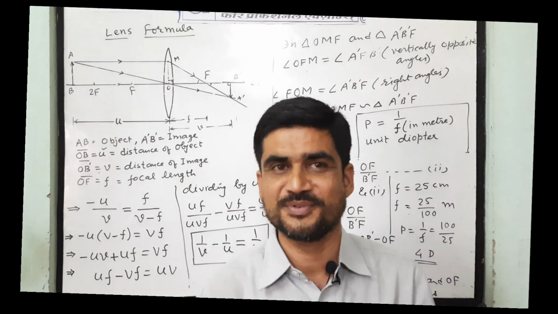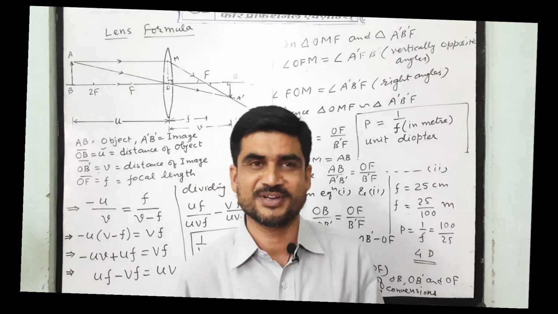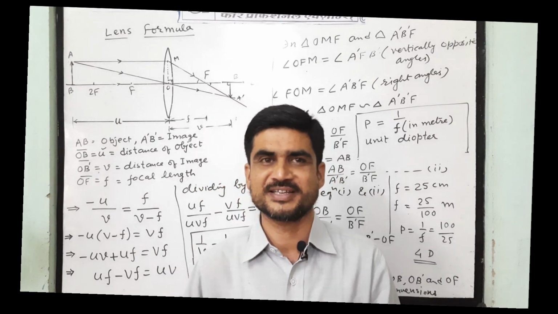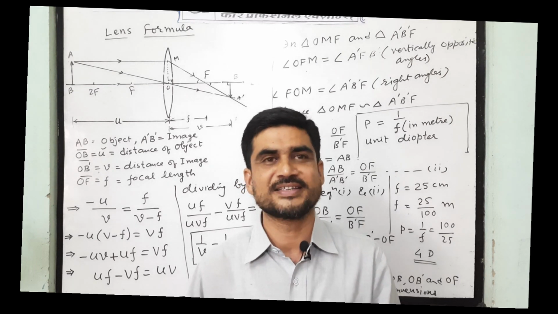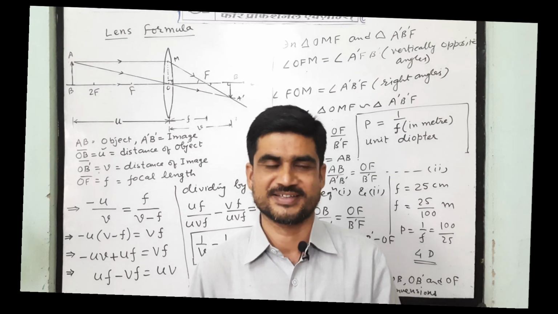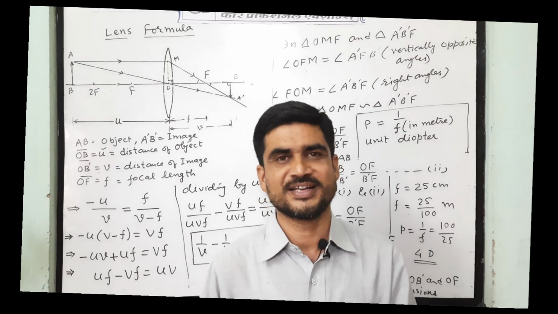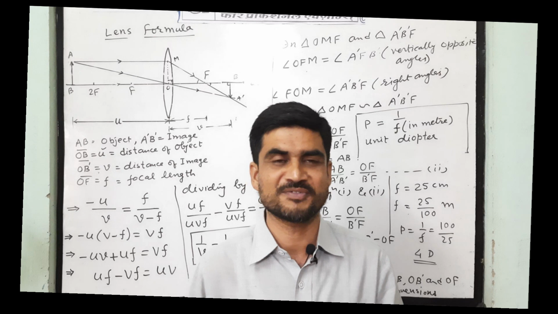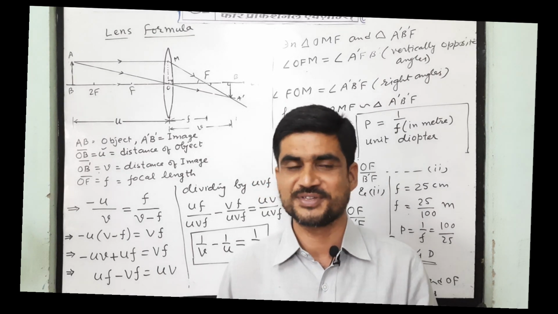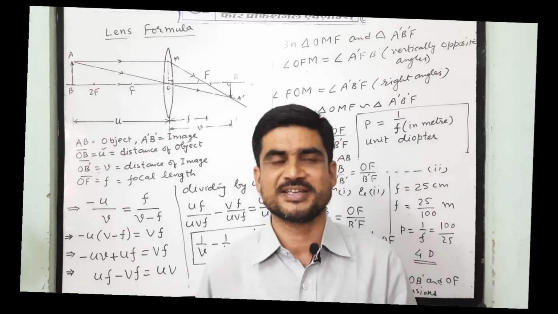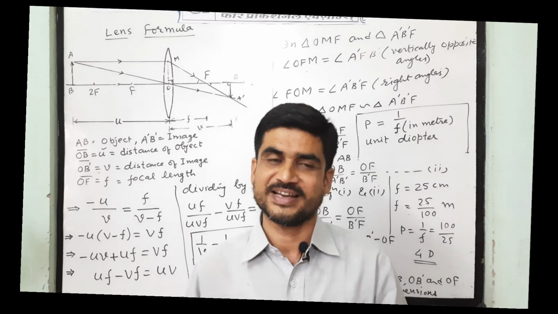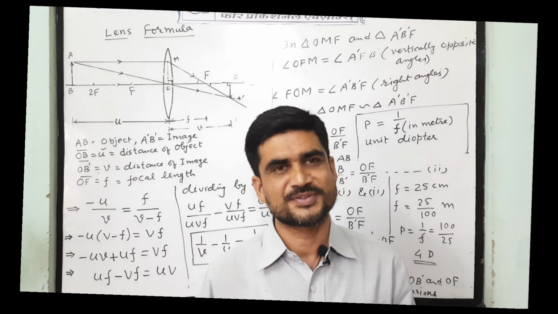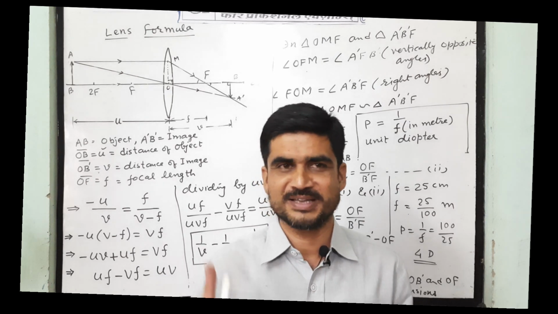So today you learned two things: one is the lens formula and second is the power. In this chapter only one thing is left that we will discuss in the next video, and that is the combination of two lenses. This is also very important. It was included just 2-3 years back in the CBSE syllabus. Earlier it was not there. So we will have to study that, and after that we will discuss some optical instruments like the telescope, microscope, etc. Clear? So keep learning. All the best. Thank you.